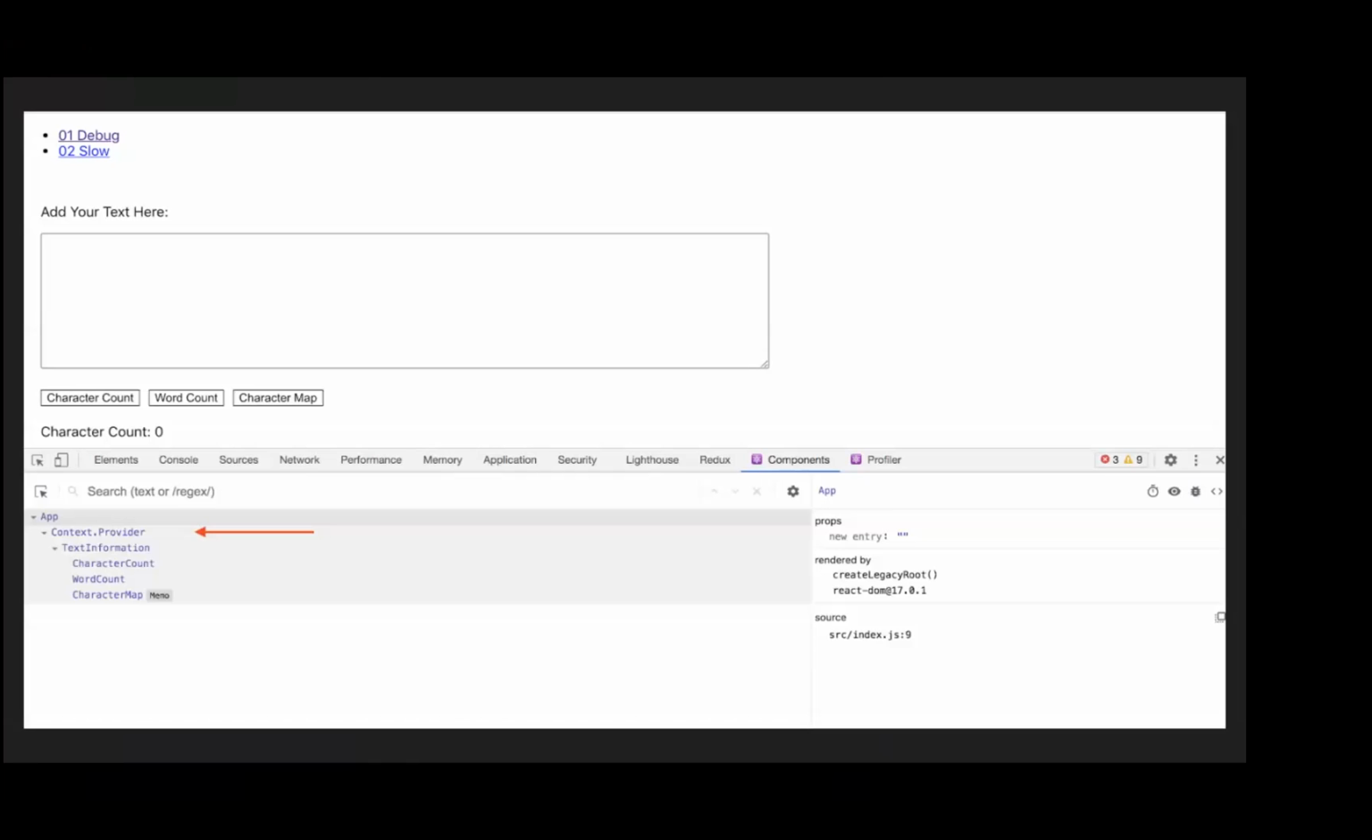Otherwise, it would just be this context provider, which if you have multiple contexts can be very confusing and very difficult to work with. So one of the suggestions is add the display names to things that don't have explicit display names. I wouldn't use the display name property on your components that are named. For example, like text information, you could still change the display name property, but then you kind of get this